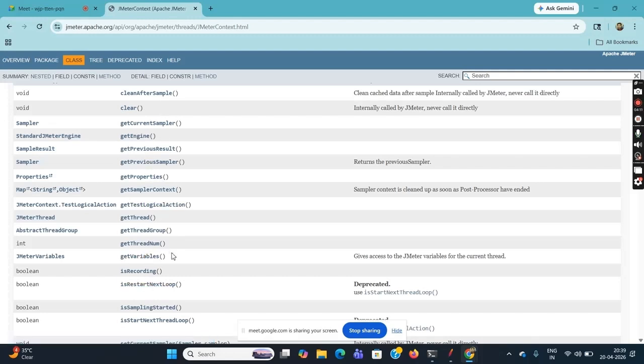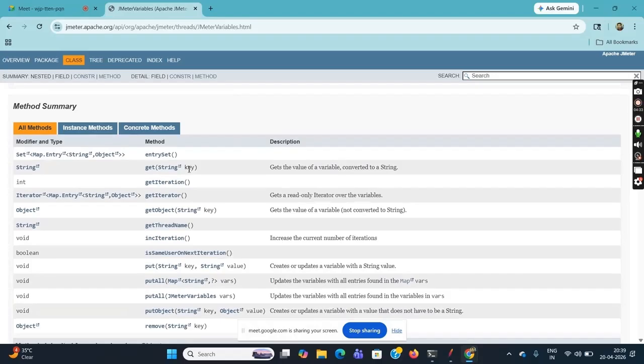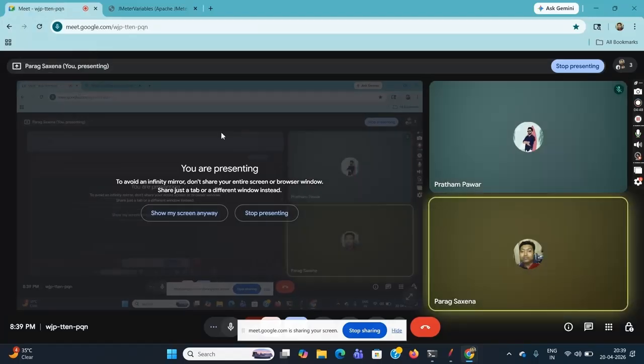Now if I go to, for example, get variables, it is returning JMeter variables. If I click over JMeter variables, I get that JMeter variables is a class again. And here I have certain methods like the get method, which returns the string, and the put method, which is adding the string value. Now if I come back to my program over here in my JMeter,